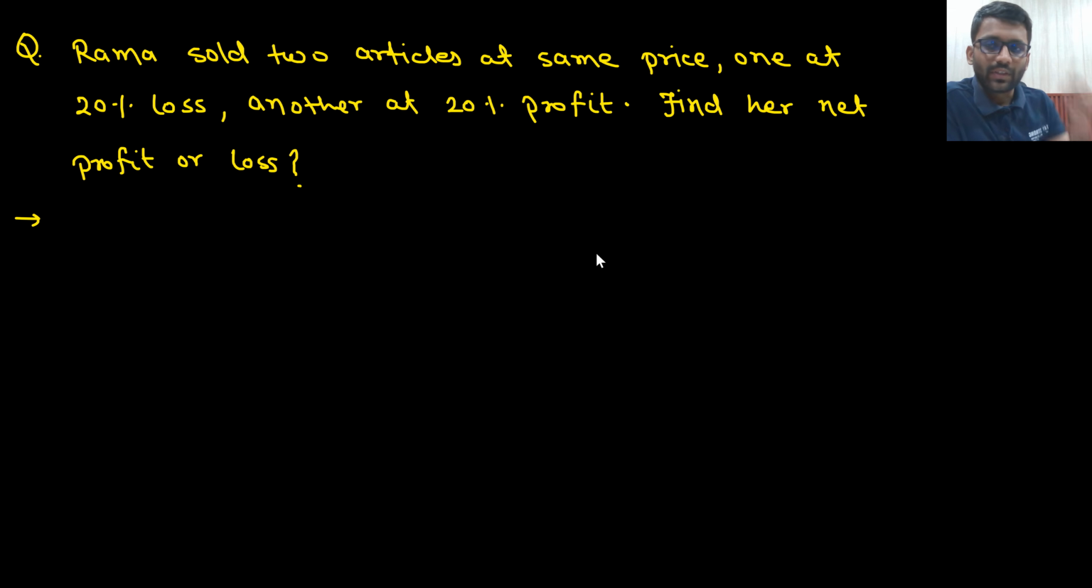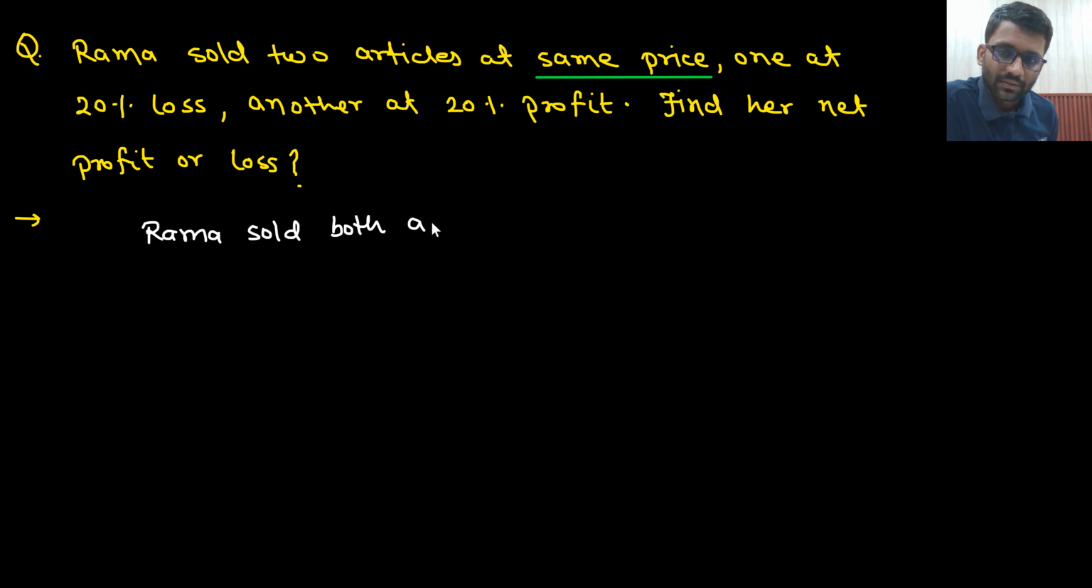So let's see the solution of this one. What this question is saying: Rama sold two articles at the same price, one at 20% loss and another at 20% profit. Listen to this line very carefully: at same price. She is selling both of the articles at the same price. So what I am going to write, Rama sold both articles